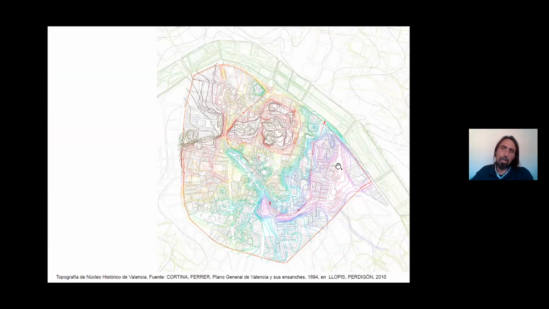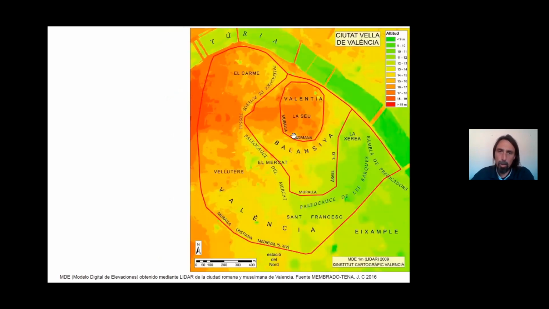So if we look at this map and we replot the different layers, we can see that the Roman foundation of the city has been replaced. Even if there aren't too many different levels, this is located in the highest part of the city. And then we have the Arab walls from the 9th and 10th century that link the topography. And then the Roman city here kind of forms a circle around the rest. So this superimposition of historical maps, I enjoyed doing that work. It really was a passion for me.